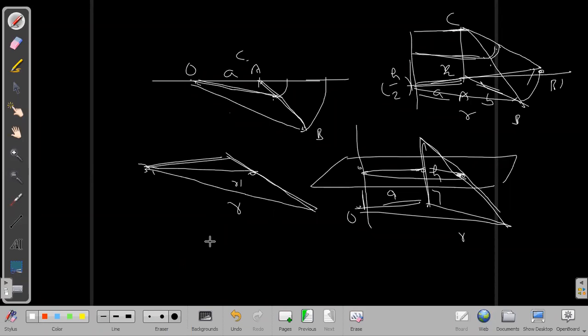It will not be R by 2. Or it will not be R plus X by 2. Are you saying that it is R and it is X and it will be R plus X by 2? Yes, sir. How? Really? How is it R plus X by 2? Tell me. Sir, consider only the above half triangle.